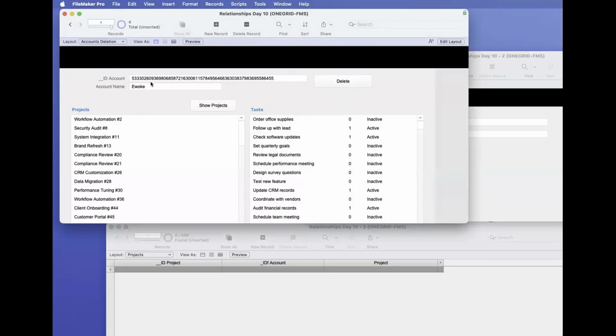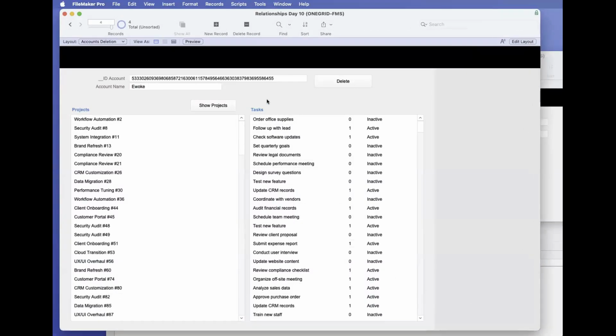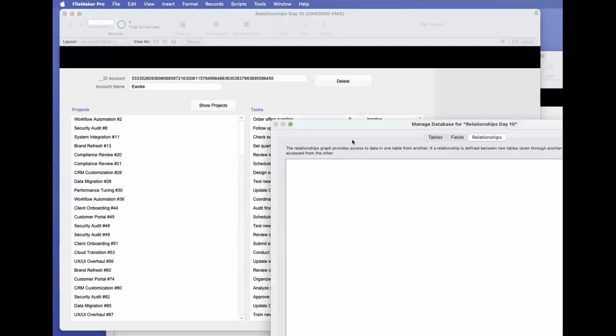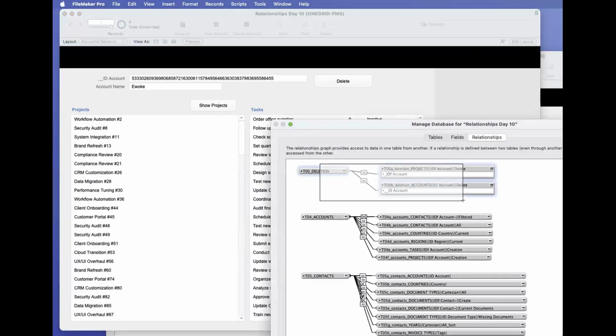But not using those live data entry table relationships. You use a dedicated world, super controlled, under your command, to do the action of deletion, which is